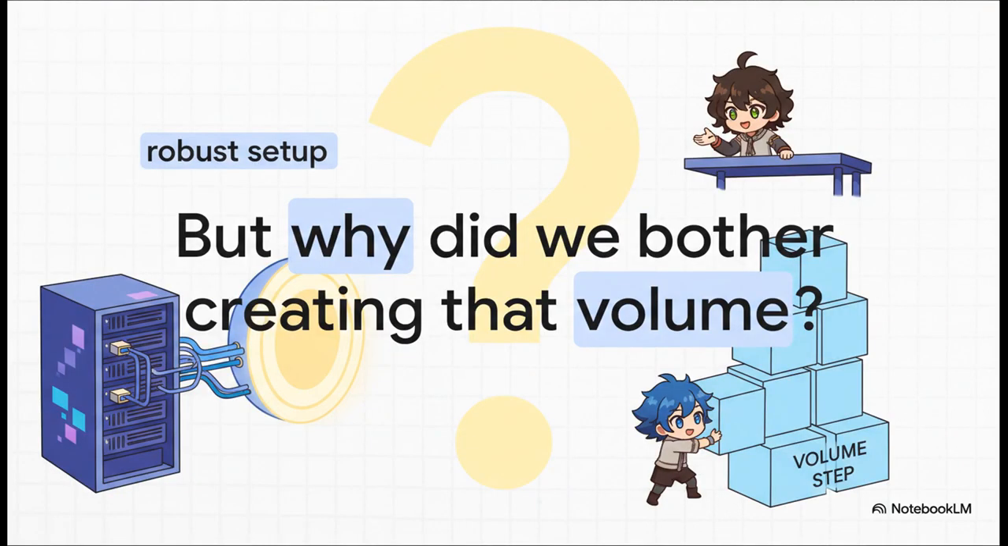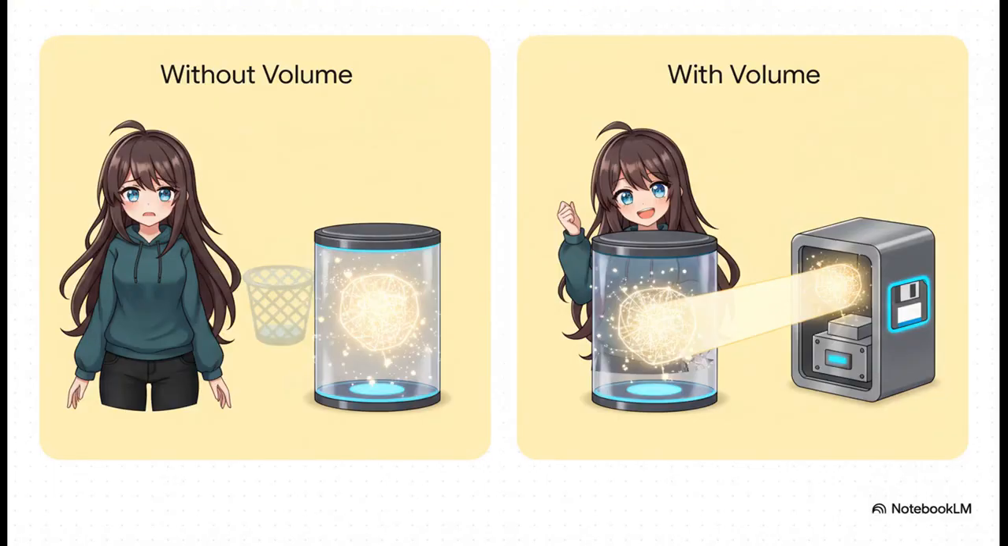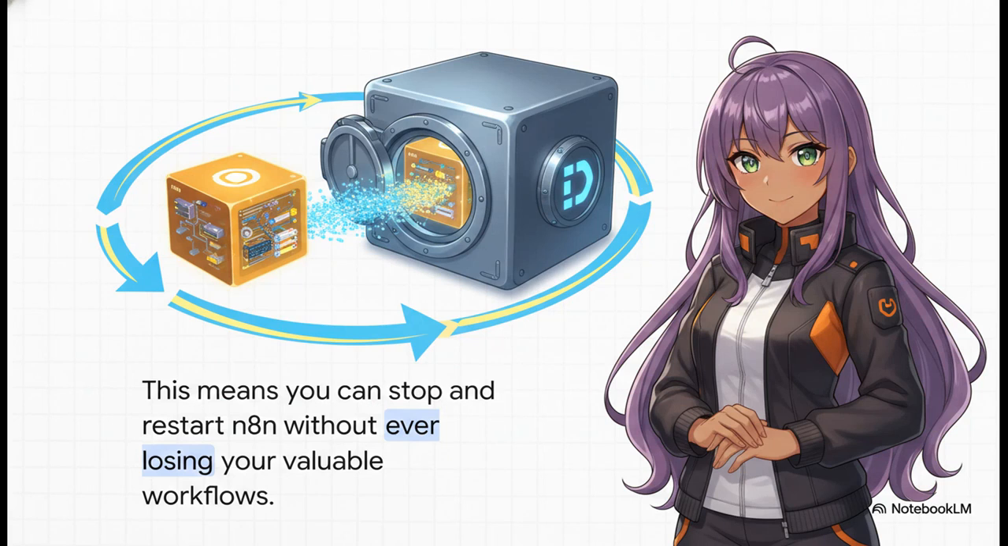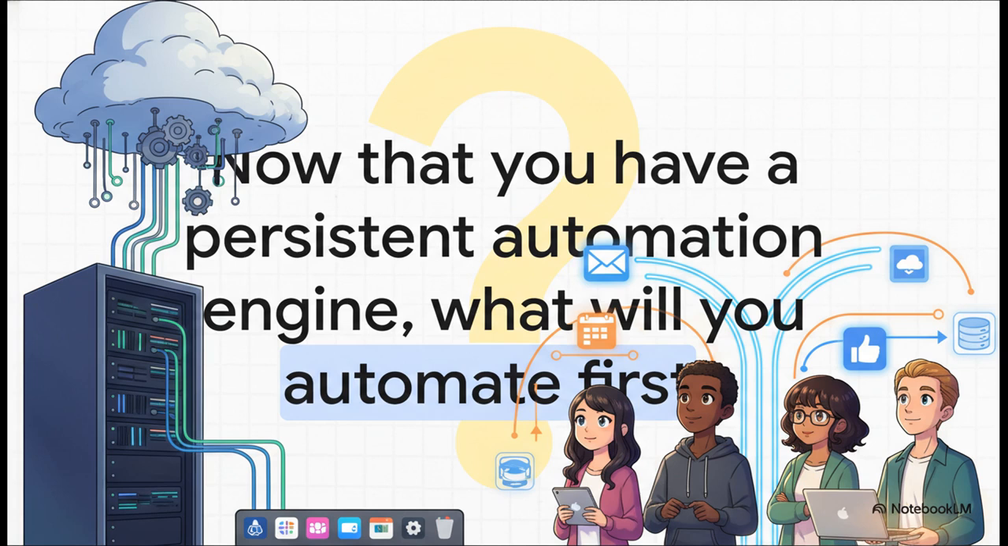But let's back up for a second. Why did we even bother with that volume step? Well, here's why. Without a volume, all your work gets deleted every time you stop. But by using that volume, all your workflows are kept safe, even when you stop the container. So now you have your own powerful automation engine. The only question left is,